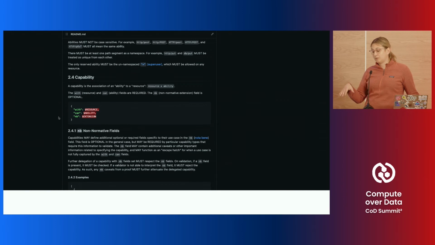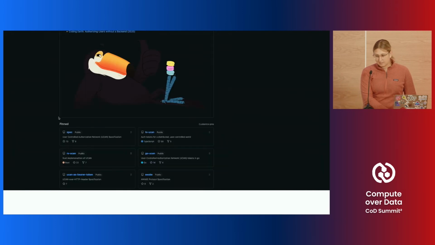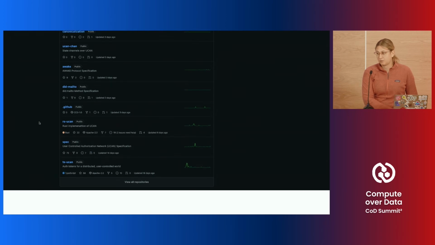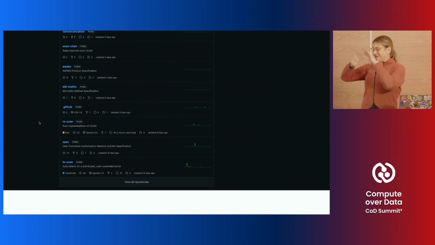Absolutely. And even if we go back here, what's ended up happening inside of UCAN is there's all of these specs that have popped up around it that say, how do we extend the spec for certain use cases? If you implement any of these other specs, don't expect them to be interoperable with everybody using UCAN. But if you're using Awake, everybody else who's using Awake, you should be interoperable with. So I think following a similar model, this is just us learning about how to do stuff in the commons. Fully agree.